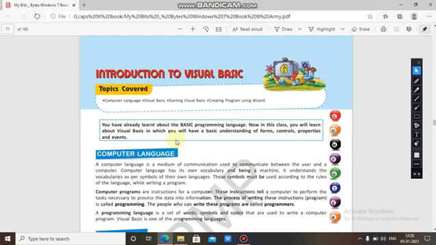So Visual Basic is a programming language by Microsoft, and this is based on BASIC, but it is more graphically designed for Windows operating systems, which involve the use of screens, mouse, and keyboard rather than textual format. Earlier in BASIC we used to work in textual format, but for Windows operating systems it has been designed graphically, because we are using screens, mouse, and keyboard, so that we can easily do the programming.